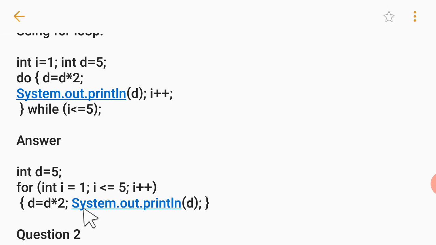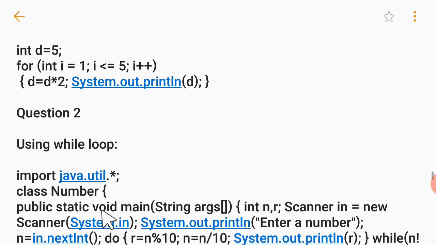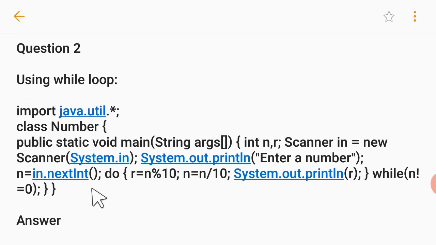Now what is there inside the loop body? Whatever is there inside the loop body of the do while will be transferred here except I plus plus, because I plus plus we have already taken for this, right? So it will be D equal to D asterisk 2 semicolon, and then in the next line you will write this System.out.println(D). Is that clear to everyone? So this is the conversion of a piece of code written using the do while loop into the for loop. Alright, after that students, using the while loop, we have to write this one.